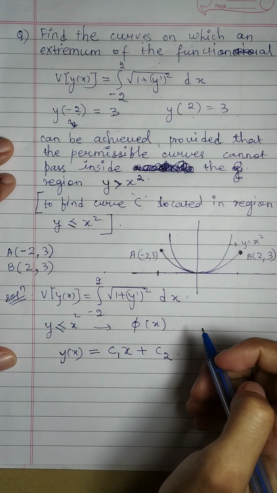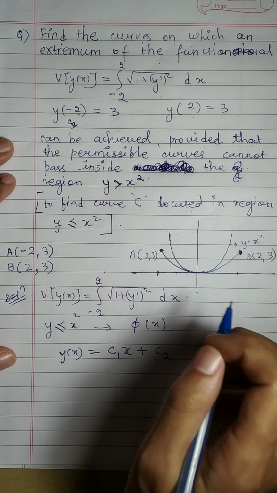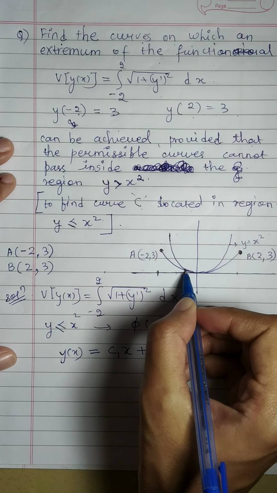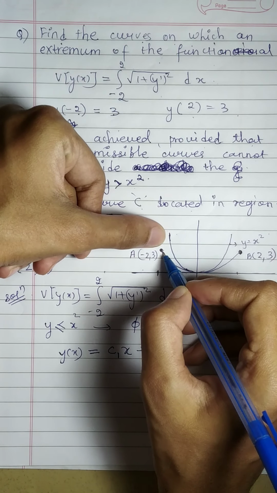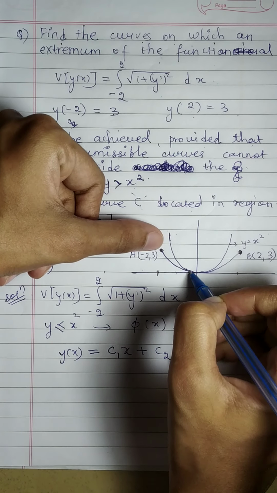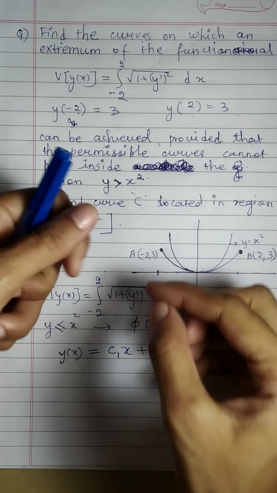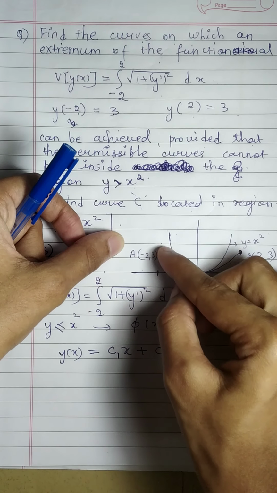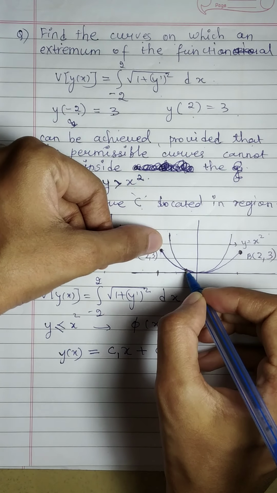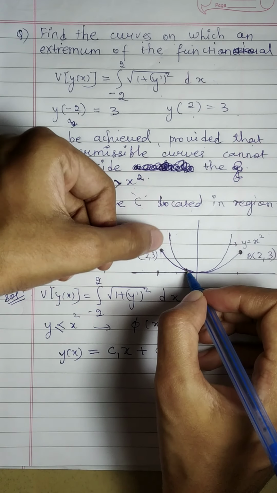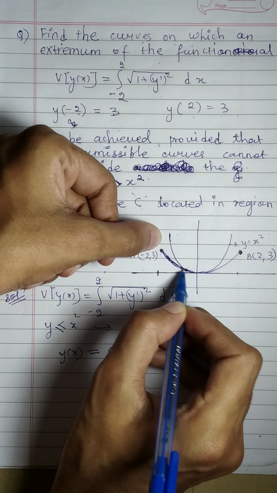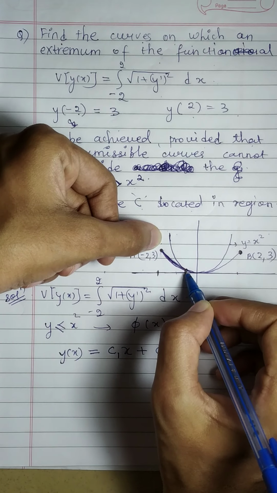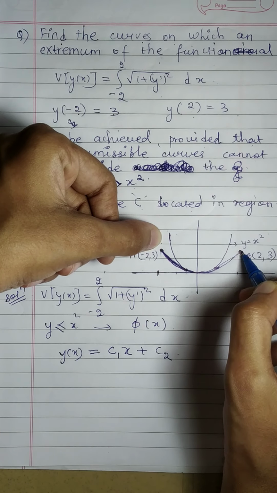Notice that the extremals will consist of portions of straight lines. In fact, here it is looking like a curve, but it should be a straight line from here to here because we are checking the shortest distance. So in fact this figure is not very proper. It should be a straight line from here to here, and then this curve, and then we will have this.